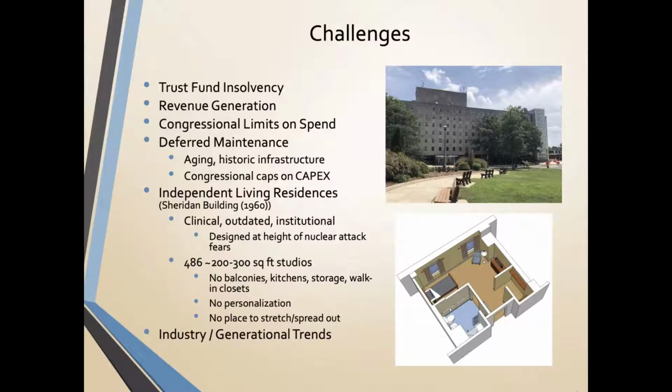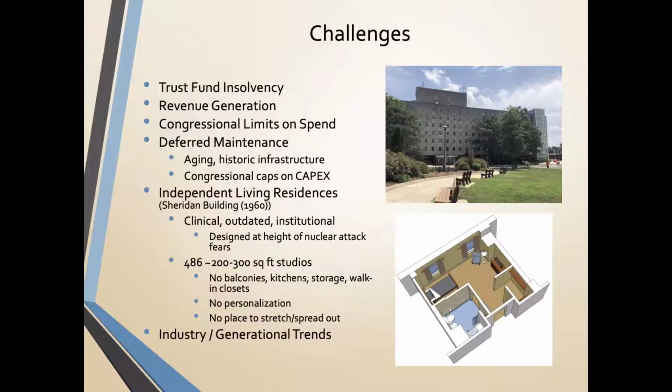ability to pay. The slide talks about congressional appropriation, however, that generally means they're telling us how much of the trust fund's balance we can actually spend in a given fiscal year, not how much they're giving us. They can even cap our capital expenditures and have done so to the tune of $1 million a year for almost a decade, which means we have hundreds of millions in deferred maintenance of the aging and historic infrastructure on the DC campus.